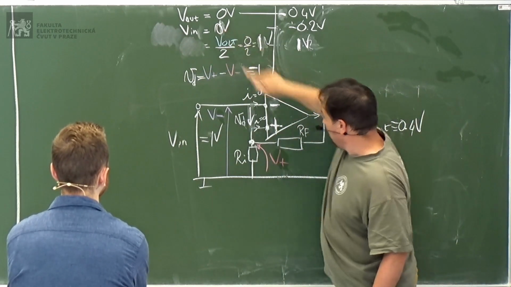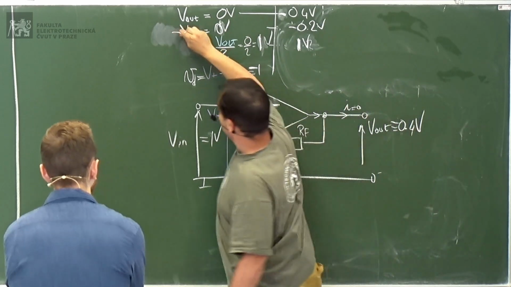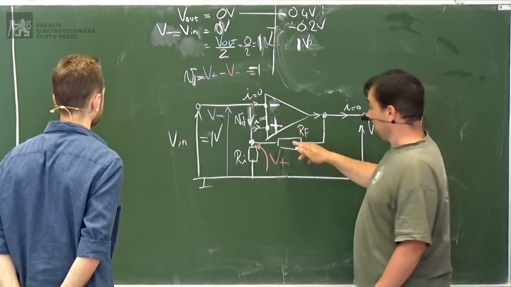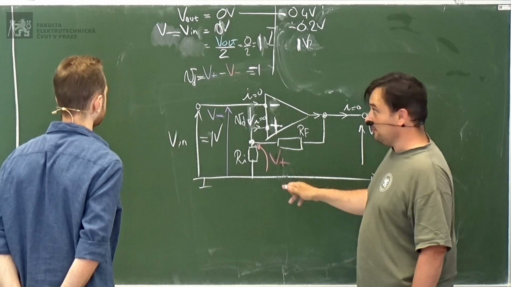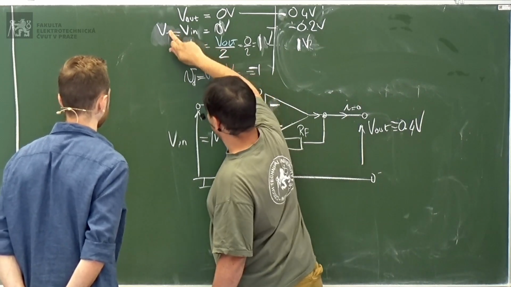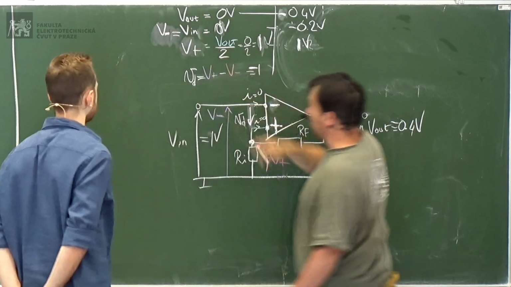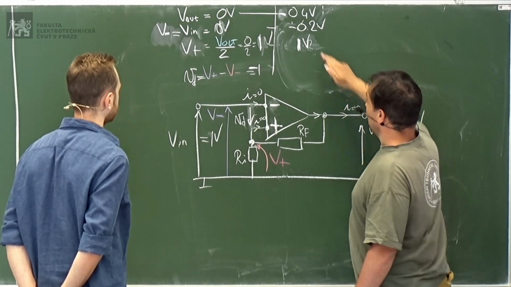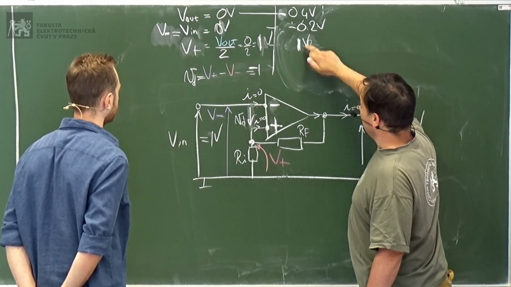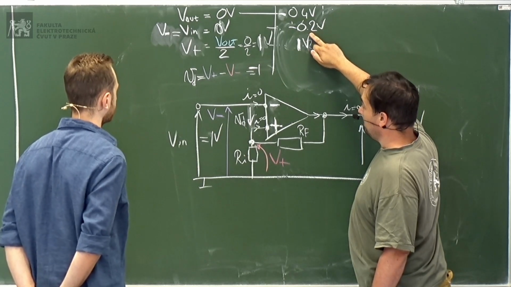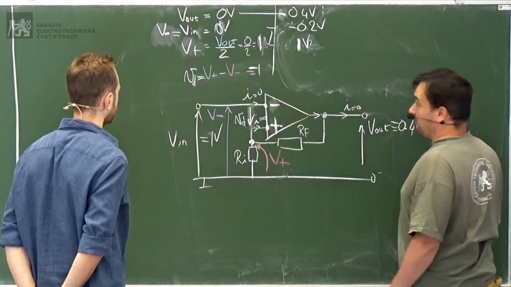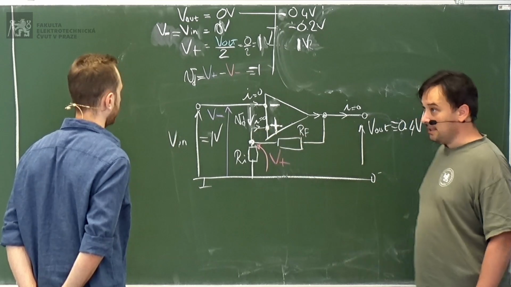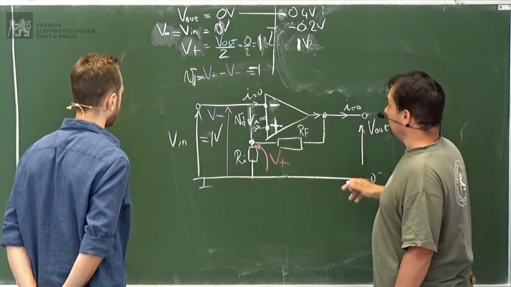Now, V input is connected to the negative, okay? So this is V negative. The positive is V out divided by 2, okay? So this is the positive. Now, what I'm doing is to take 1, not minus 0 anymore. So I take V plus minus V minus. But now V plus is V out divided by 2, because we connect it here, right? So now, V plus,